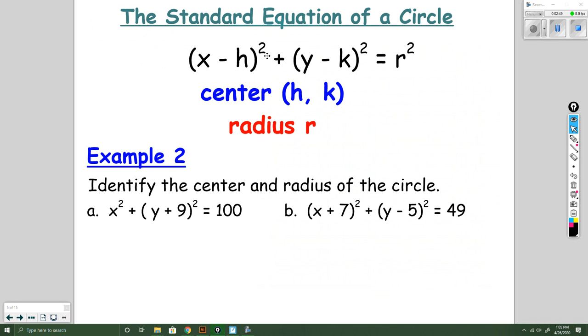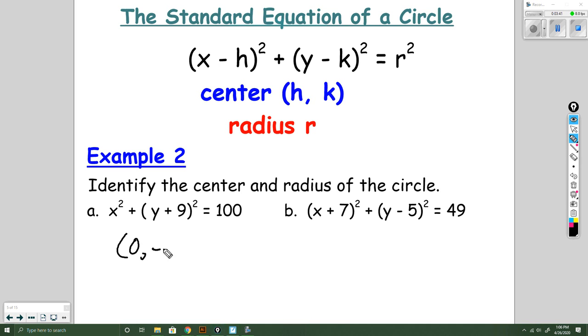Alright, let's move on to the next example. The standard equation of a circle is the quantity x minus h squared plus the quantity y minus k squared equals r squared, where the center is the point (h, k). We've seen this type of thing when talking about parabolas in the last chapter. Still, the radius is r, so our equation equals r squared, so we could just take the square root to get the radius. So in example 2, part A, the center of the circle is going to be the point